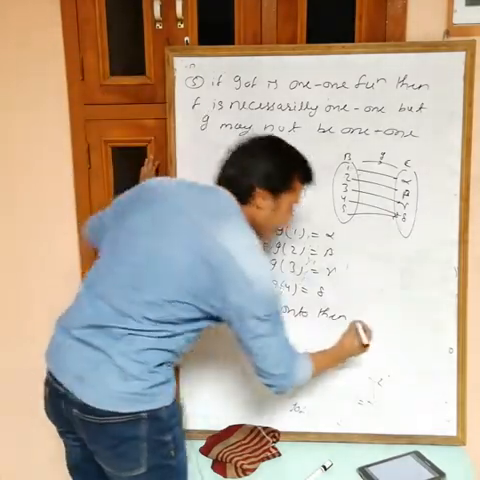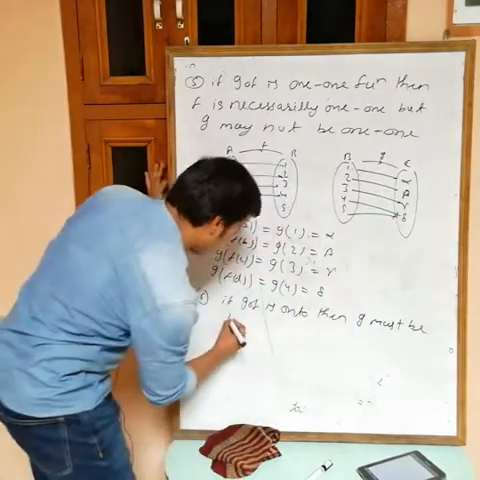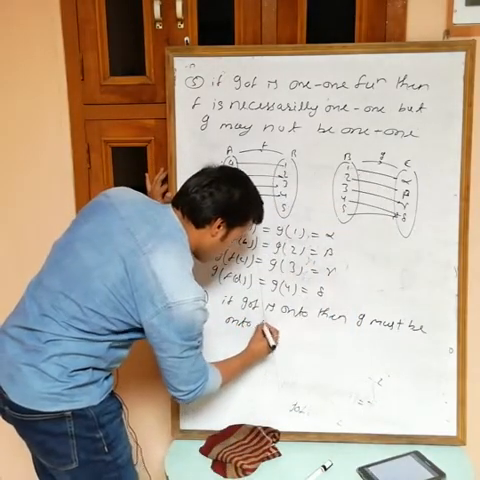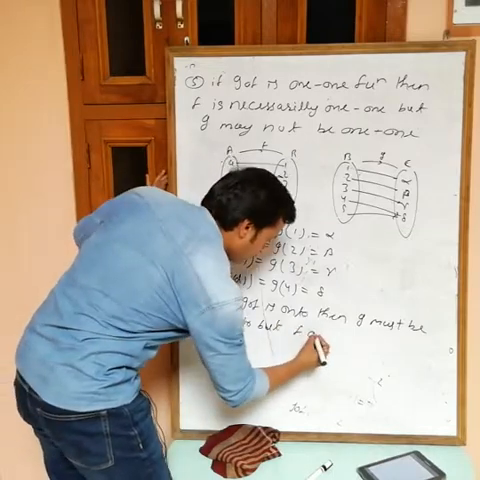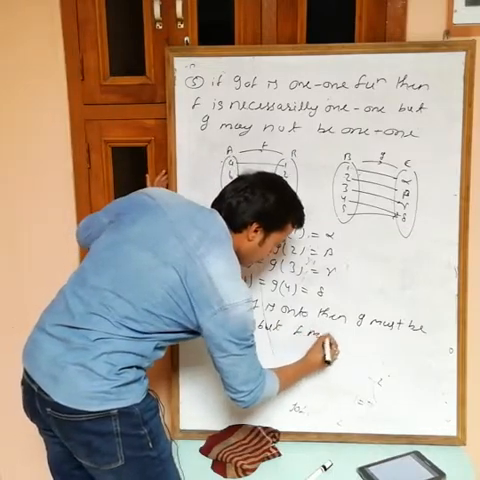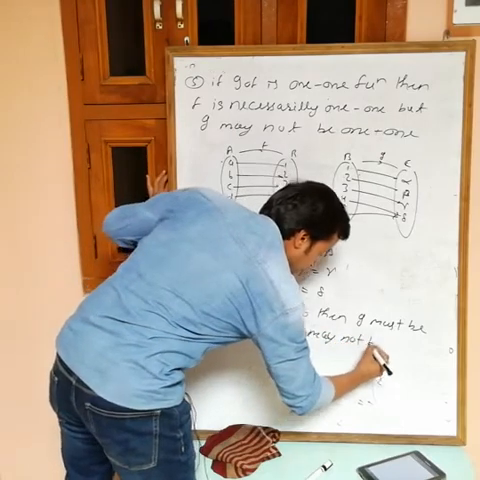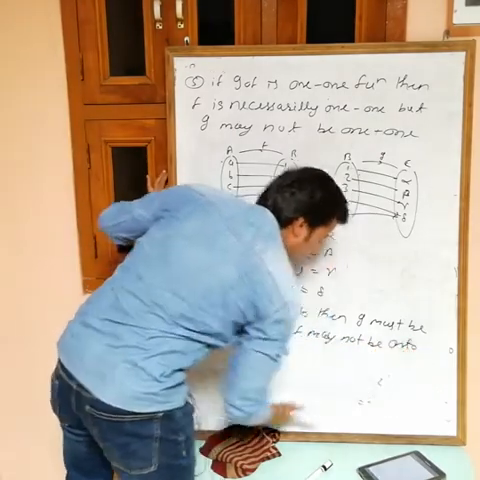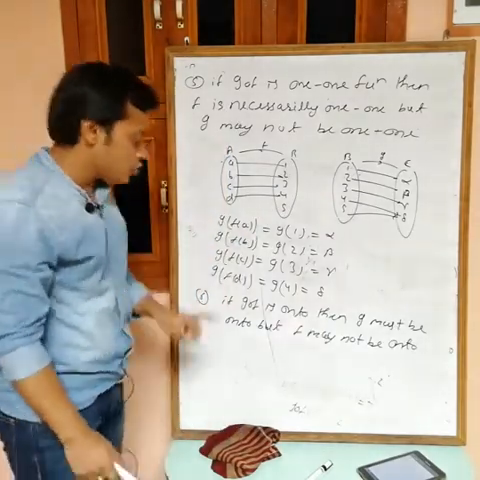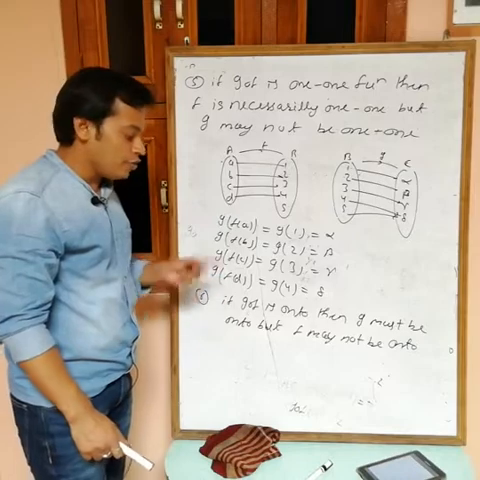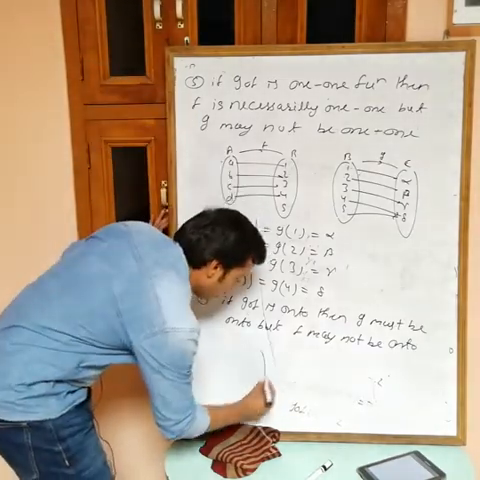Okay, then g must be onto, but f may not be onto. Okay, again to prove this one I want an example such that g∘f is onto, g is onto but f is not onto, it means f is into. Okay, again